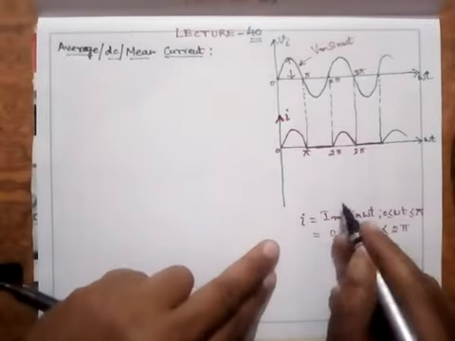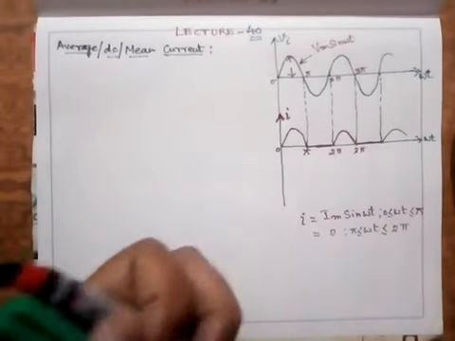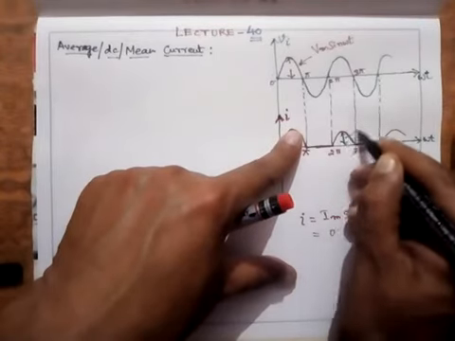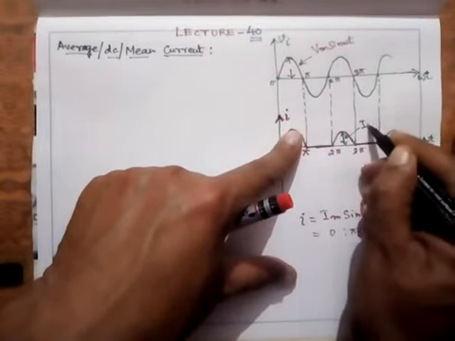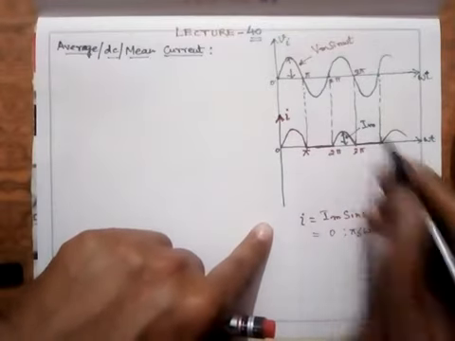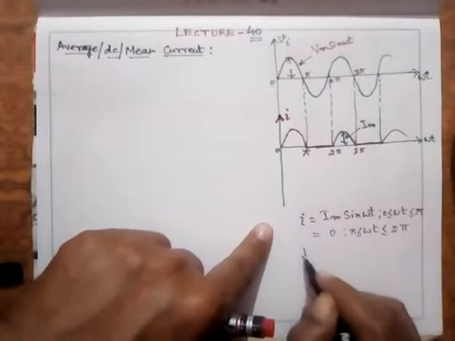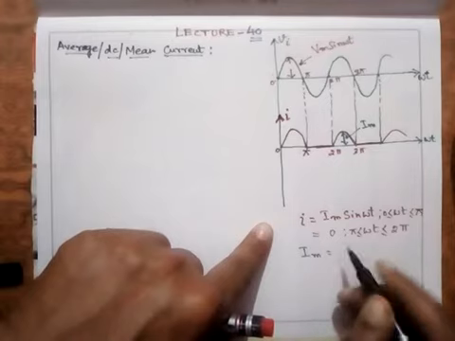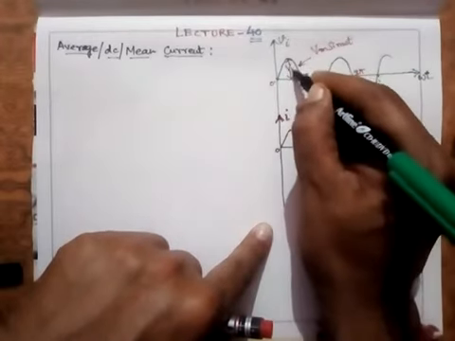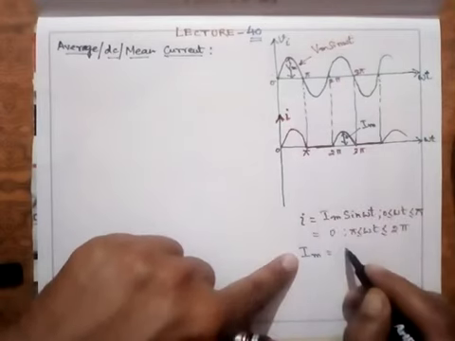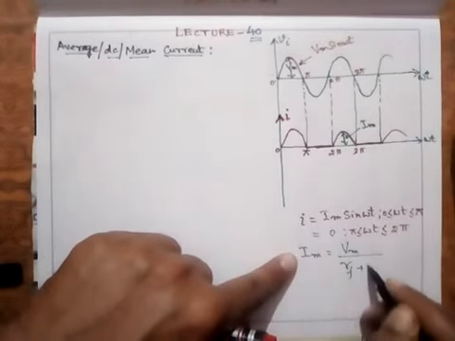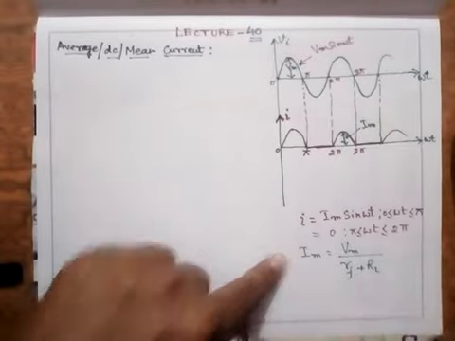And I also discussed with you that this value is Im. This is the value of Im, the maximum value of this output current. And we also told you that this maximum Im will occur when V is equal to Vm. So Im is equal to Vm upon Rf plus RL. I have already discussed this point with you.